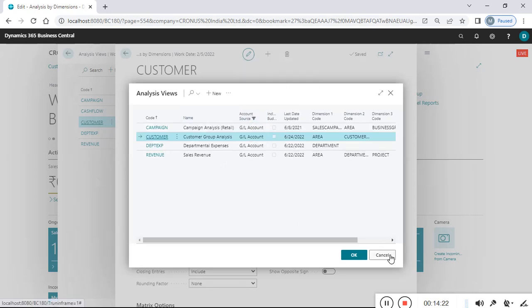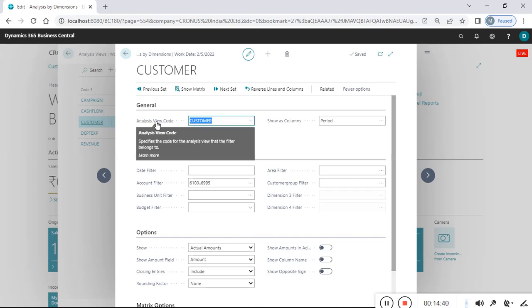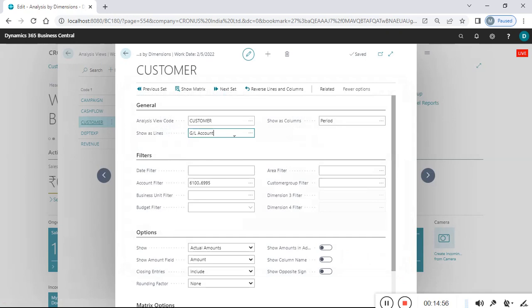See, for the GL accounts, right? Customer. Next, we already decided that we are going to view the report on the basis of the customer group code, and this is the analysis view code name. And next, in the report, line-wise data will come on the basis of GL account. So we need to assign, you can select, we want to see GL account